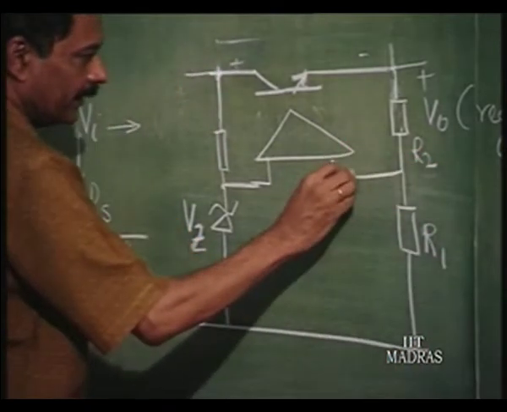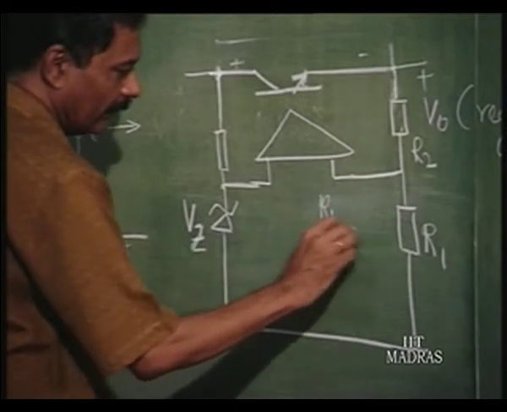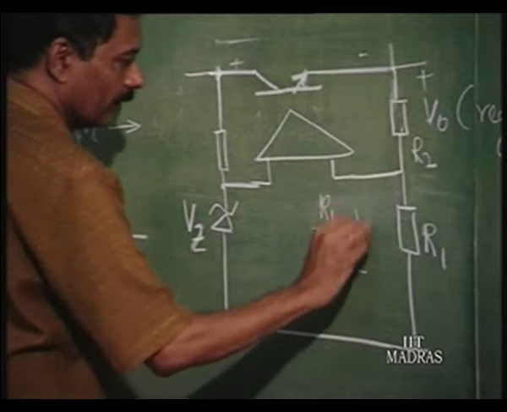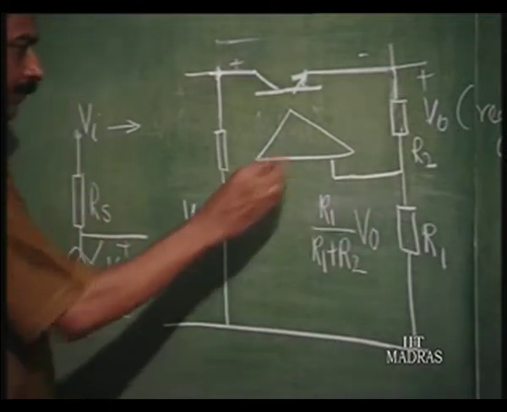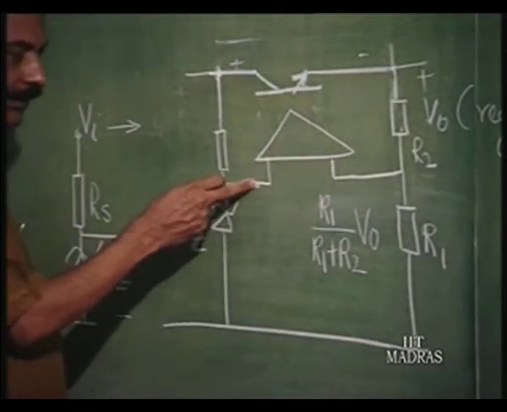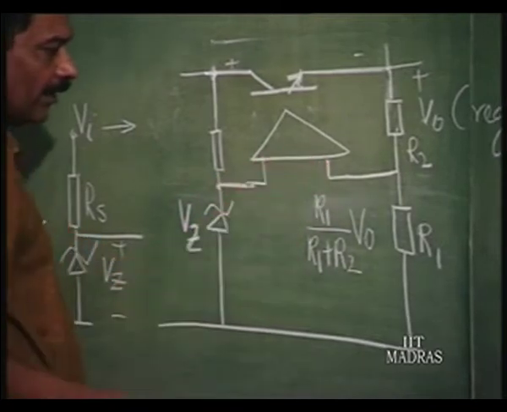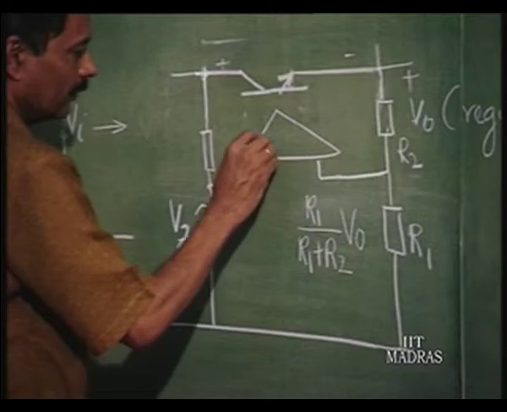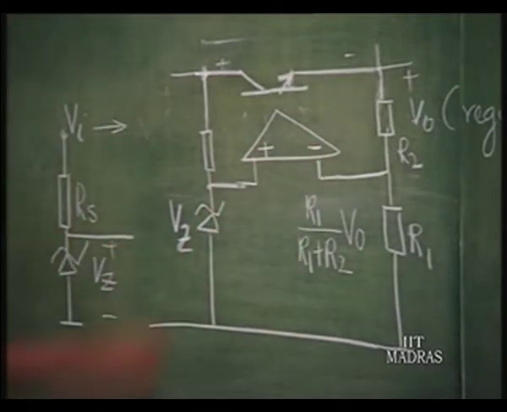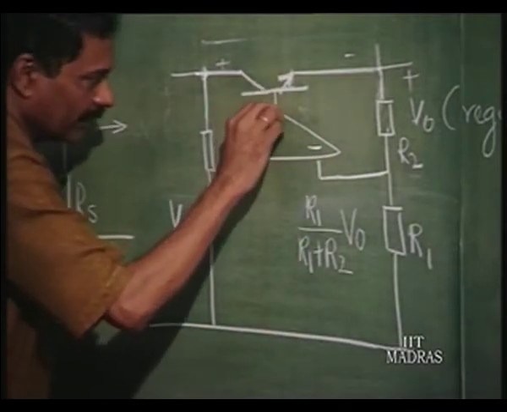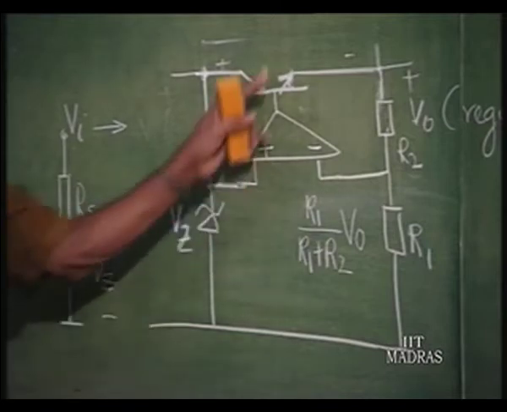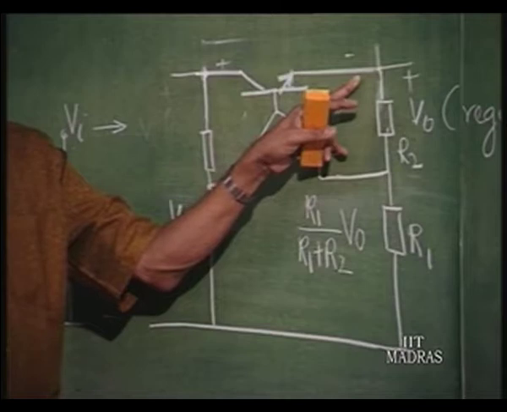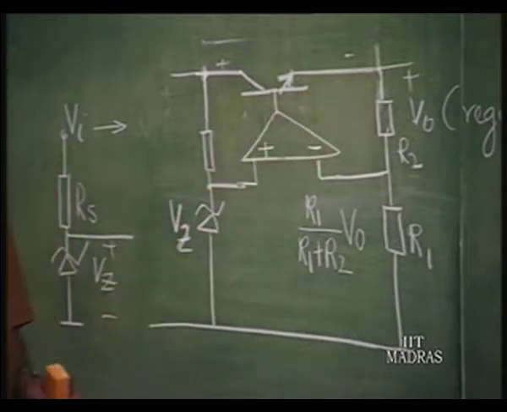So, what will be the voltage here? R1 by R1 plus R2 times V naught. I compare this voltage with this. This is Vz, this is R1 by R1 plus R2 into V naught. And the output of this I connect it to this, so that the base current of this is going to control the drop across this in such a manner that